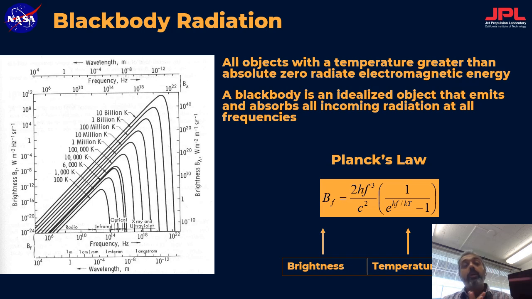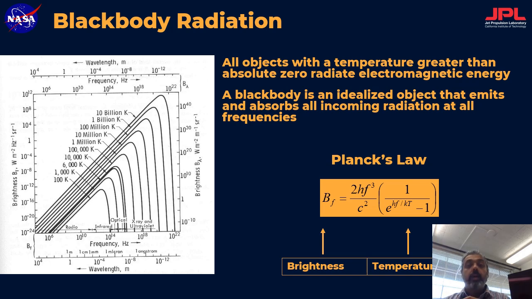So, for example, the Earth, which is more or less around 300 Kelvin, peaks right around the infrared. So most of our Earth's emission comes in the infrared. Similarly, the sun, which is somewhere around 5 to 6,000 Kelvin, you'll notice the peak is right around infrared to visible. So that's where most of the emissions come from. But it actually emits across the spectra. So the Earth emits in microwave,